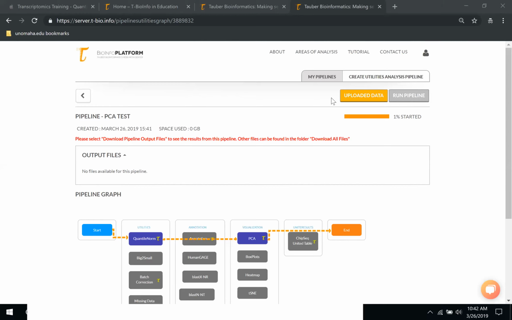What settings for the PCA, Nathan? For the PCA, we just make sure that we are not converting to log scale, because we are already doing that in the quantile normalization. For the lectures in transcriptomics 1 and 2, we are keeping the PCA factors as default. The settings are default, but you're going to get a chance to play with those settings